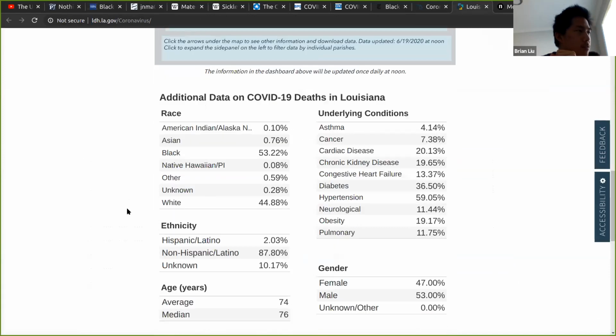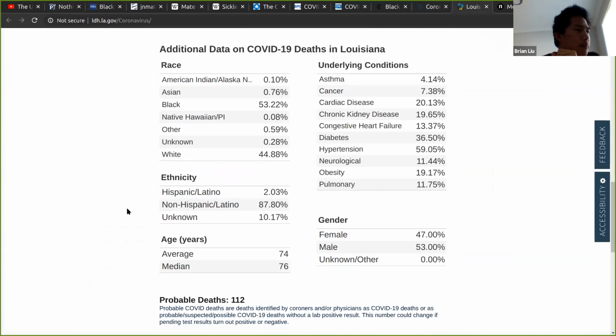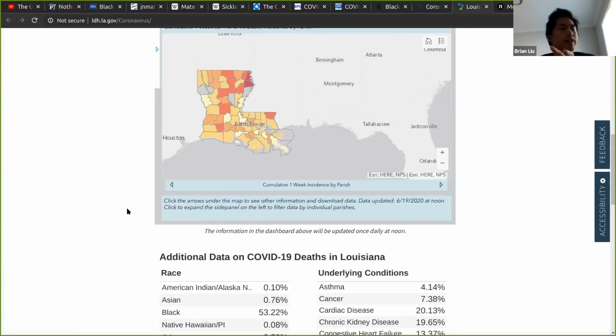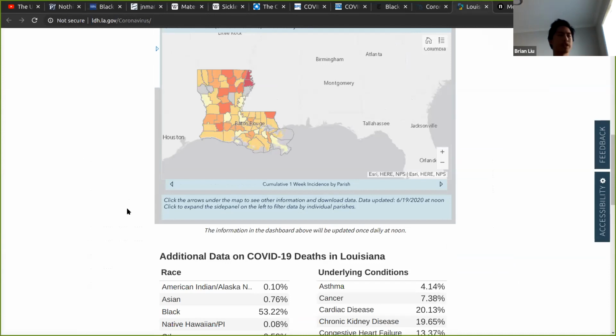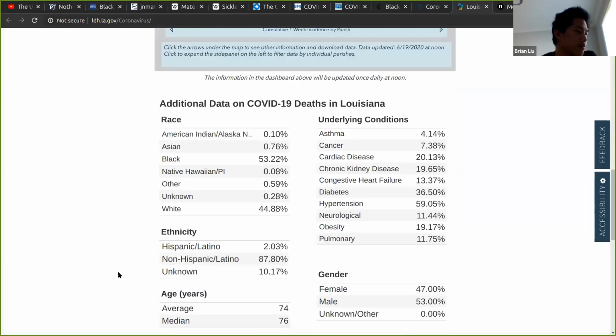In that area, there are a lot of very polluting industries, and those industries center themselves around where mostly Black communities live, to exploit those Black communities. And so if we look at the data,